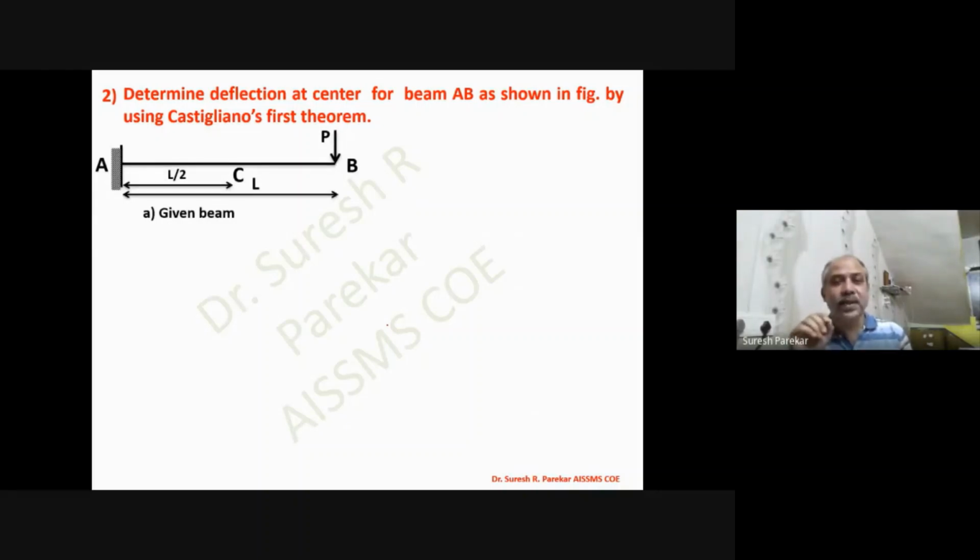Now in Castigliano's theorem, where you require displacement, you should have a variable load at that point. Means to find out displacement at point C, I require a concentrated load. If a concentrated load is not available at that point, then we have to apply a dummy load at that point. Means at point C, I have to apply a dummy load. And as we have P at B, we cannot go for P over here, so we have to take some other value.